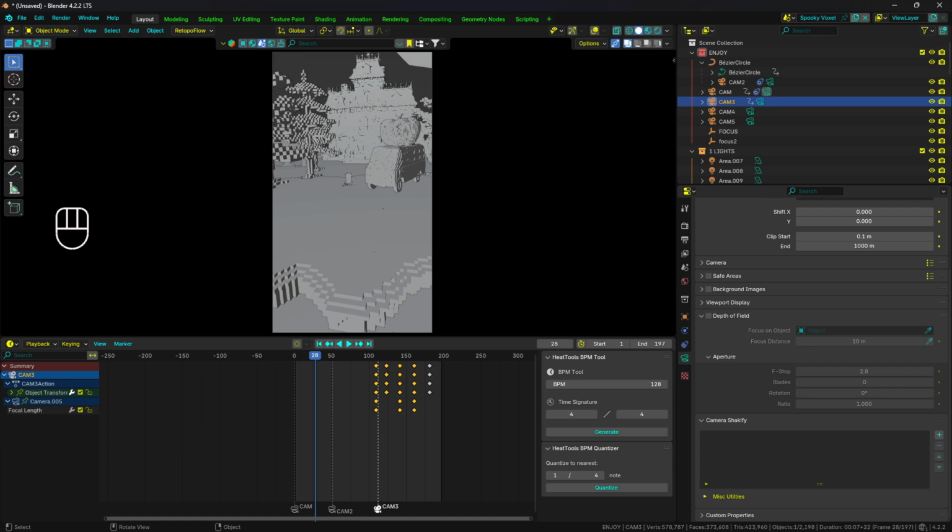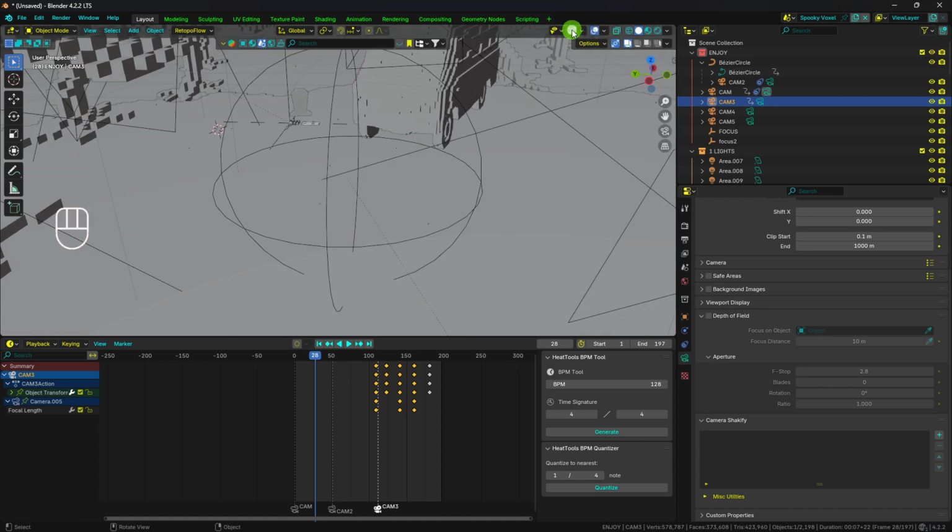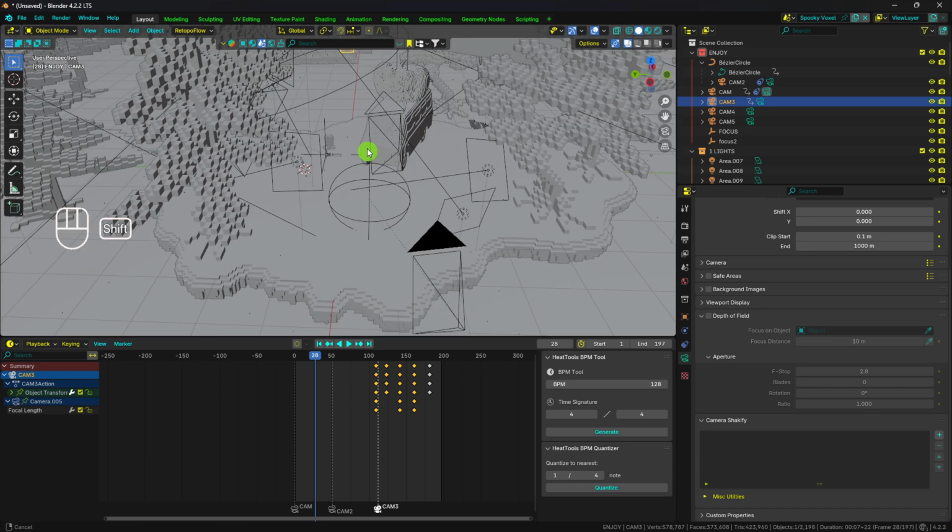He said when you parented the camera to the circle, you chose follow path. Yes, correct. I chose follow path. You want to make sure that you follow the path, and then also, real quick, thanks for reminding me about that. Also on the follow path